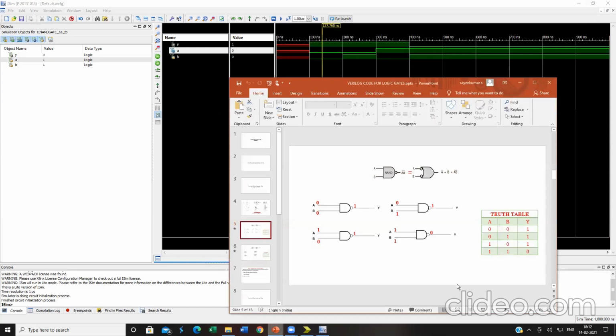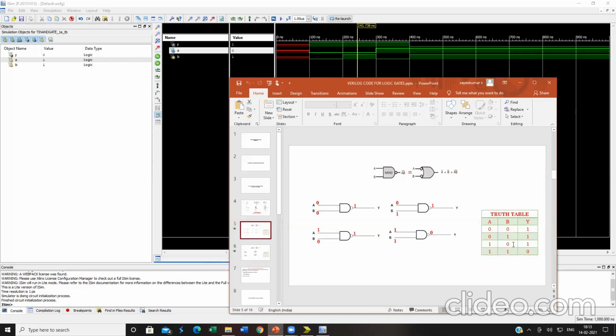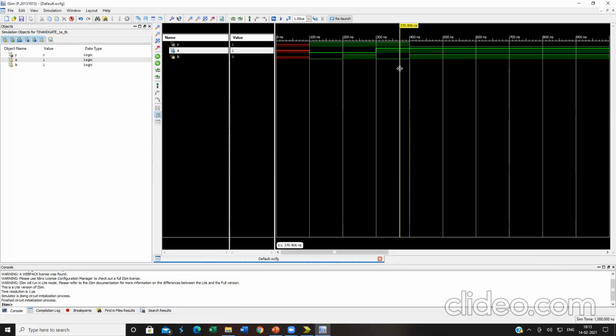Next one. For 0, 1, the output is equivalent to 1. Next, for 1, 0, the output is equivalent to 1.